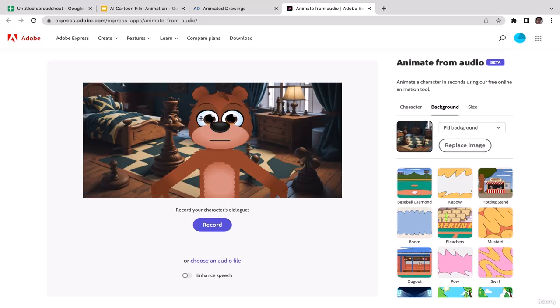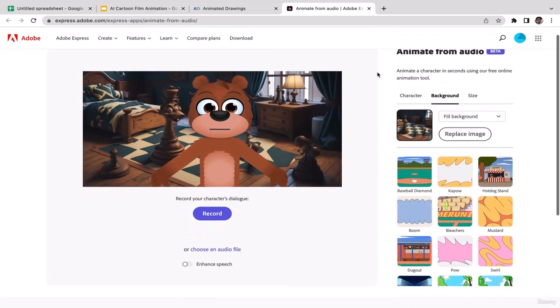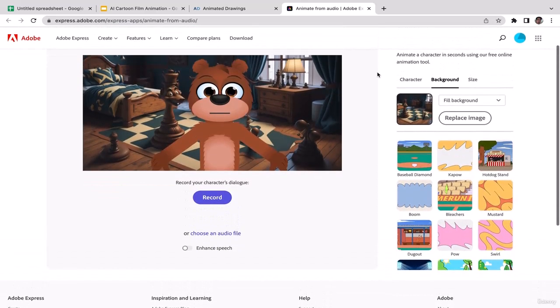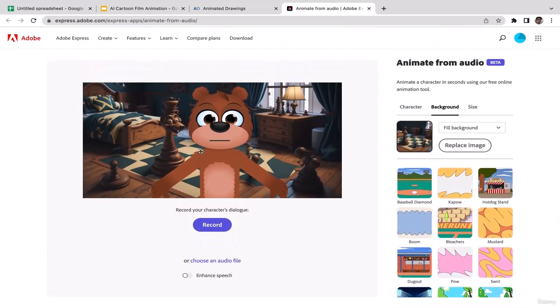This is going to be the first scene. And guess what? Actually, you can automate the animation process very easily. And you wouldn't believe this. So instead of doing the animations manually, all you need to do is to